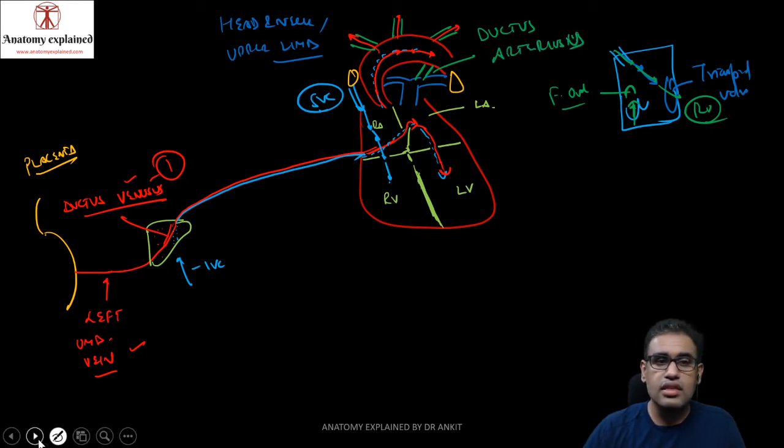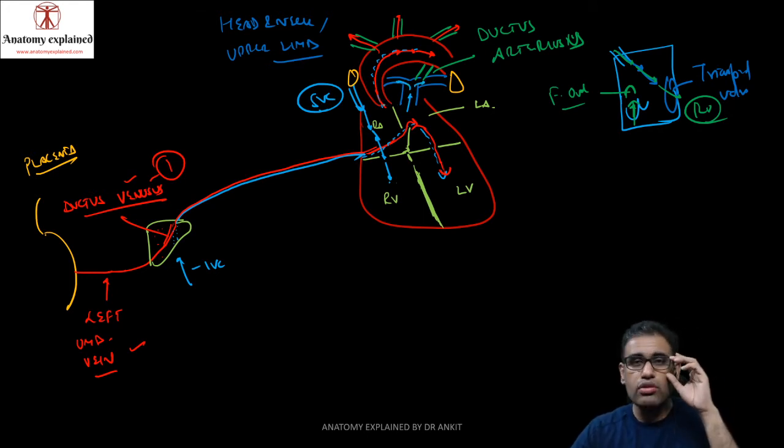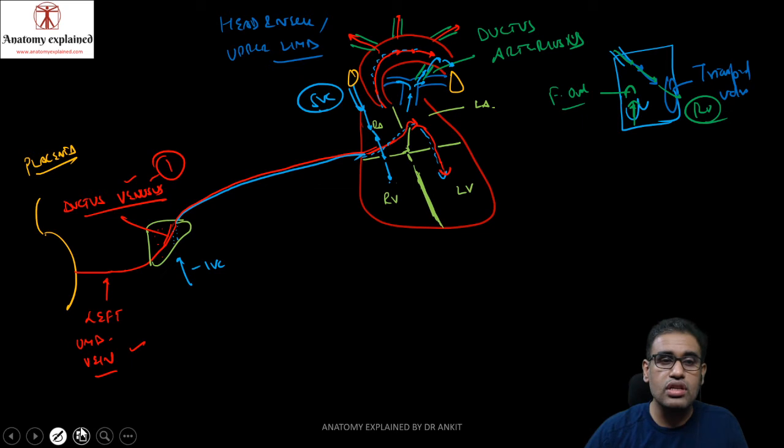So obviously, the deoxygenated or the bad blood enters into the RV, it enters into the pulmonary trunk, then it tries to go into the lungs, but there is very high vascular resistance. Only around 5 to 8% of blood goes into the lungs. All the other deoxygenated blood enters via this ductus arteriosus into the distal part of the aorta. Into which part? Into the distal part of aorta.